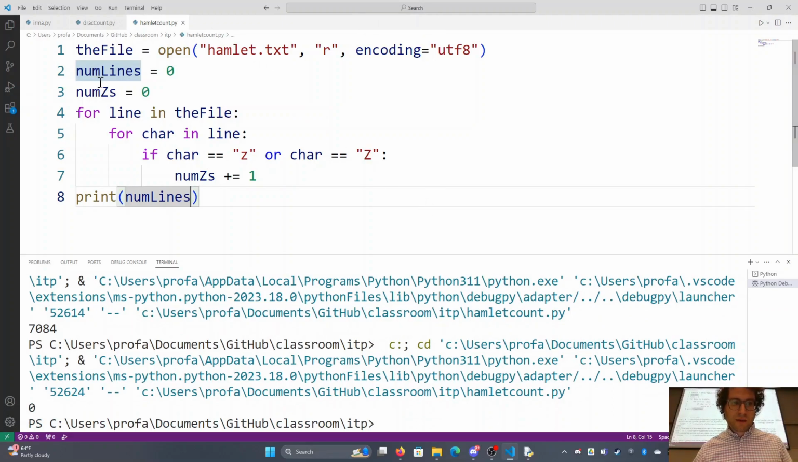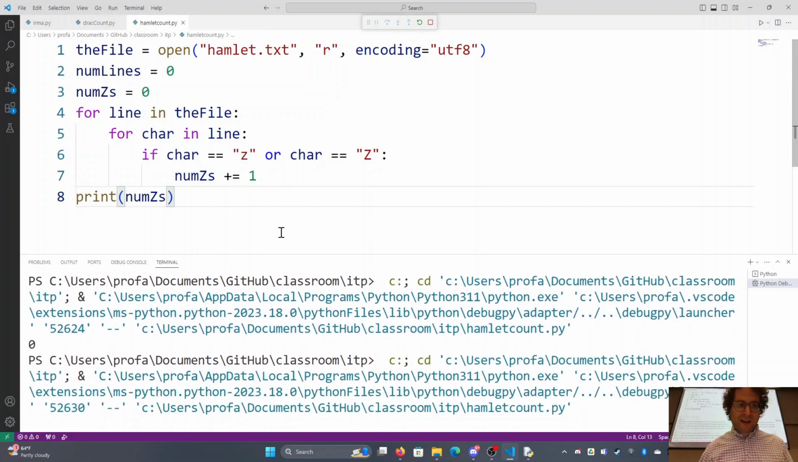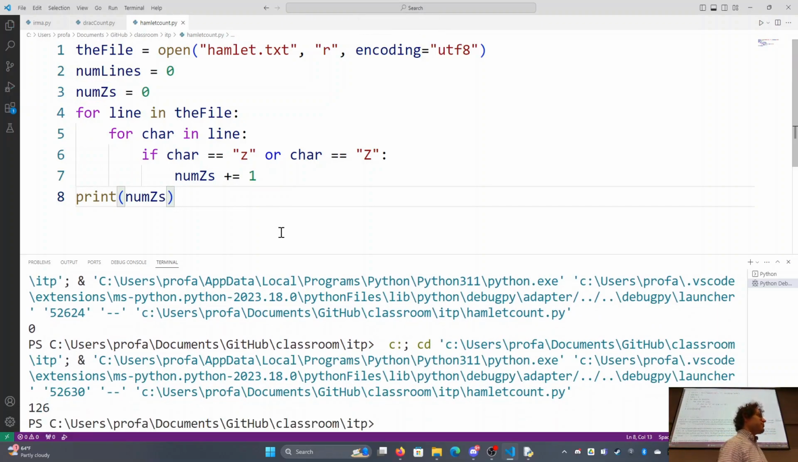So z's, really? Oh, num lines, right? Didn't change what I was printing out. So excited to move forward. So 126 z's in Hamlet. Now, we could use this to figure out how many of each character there were by some maybe 5 to 10 minutes' worth of copying and pasting, where I simply say,